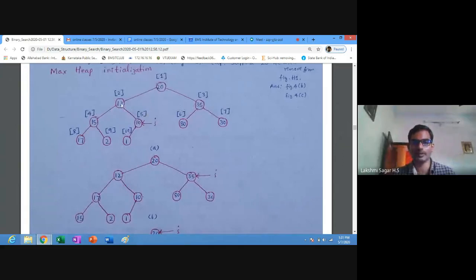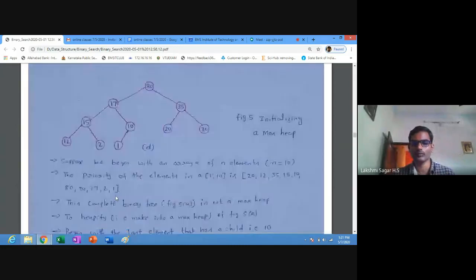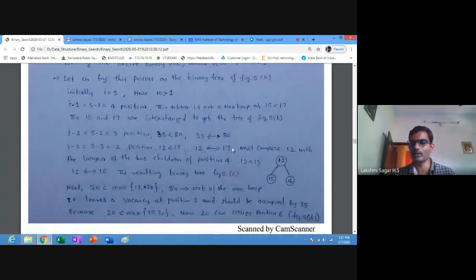Here we'll compare. 17 is greater than 10, and when you compare with the parent element 12, 17 is greater than that. So you need to interchange here also. 12 needs to be replaced with 17. Next, compare 12 with the larger of the two children of position 4.